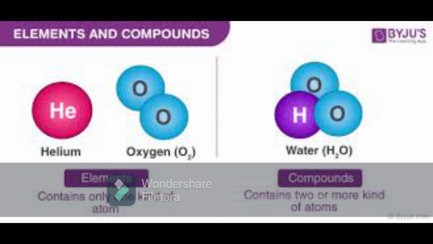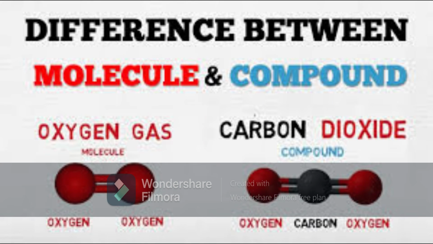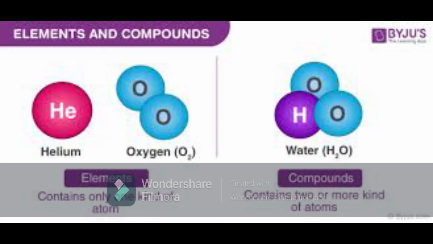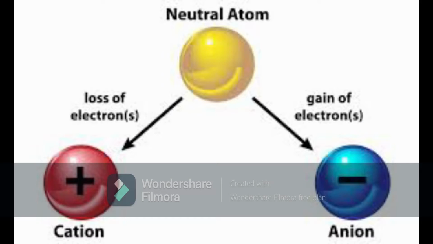For ammonia, nitrogen atomic mass is 14. Hydrogen atomic mass is 1. So for 1 nitrogen, it is 14. For hydrogens, 3 into 1. Carbon dioxide, CO2. For 1 carbon, its atomic mass is 12. For 1 oxygen, its atomic mass is 16. When you rationalize and take the ratio 12:16, the 4 table gets cancelled. So 4 goes 3 times and 4 times. So this is how you can get the ratio.